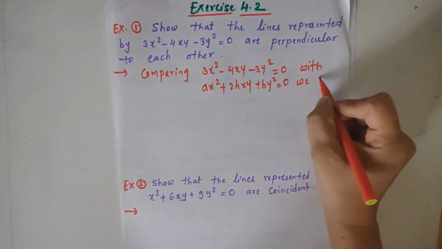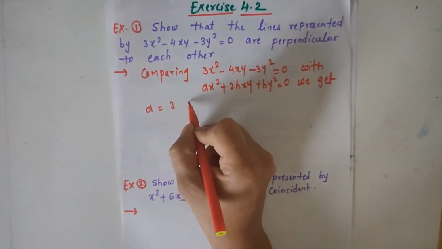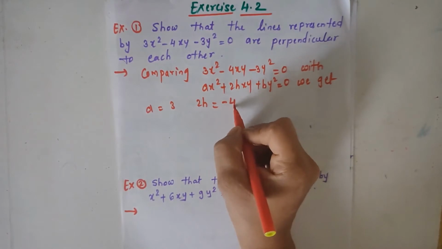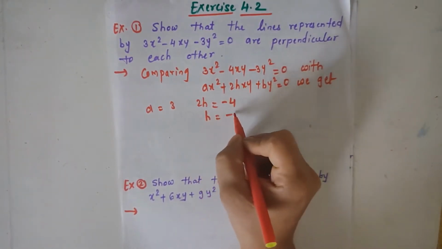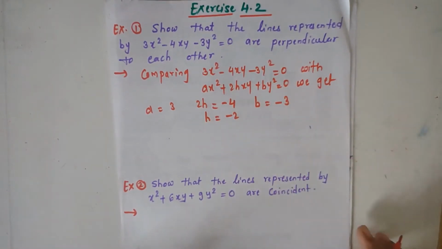Then we get a is equal to 3, 2h is equal to minus 4, therefore h is equal to minus 2,